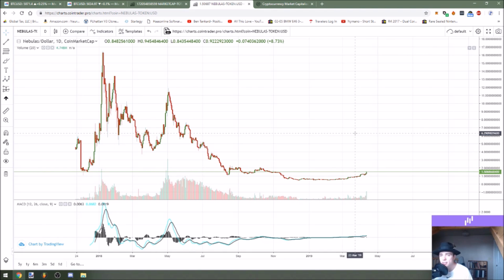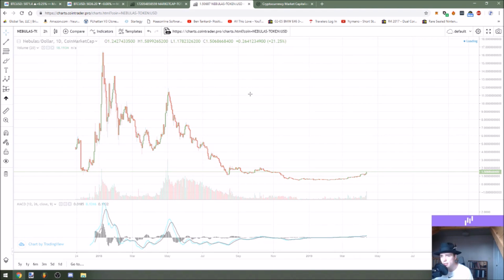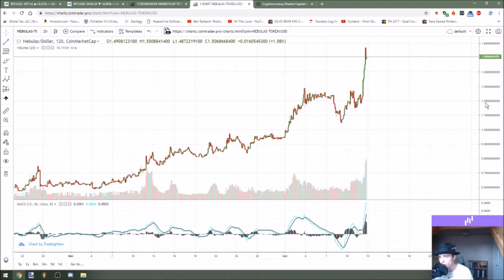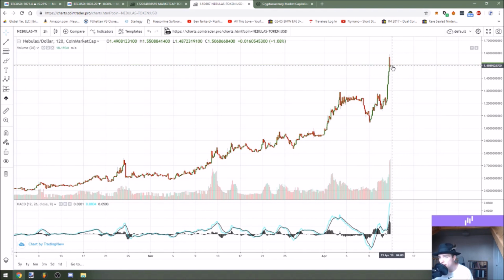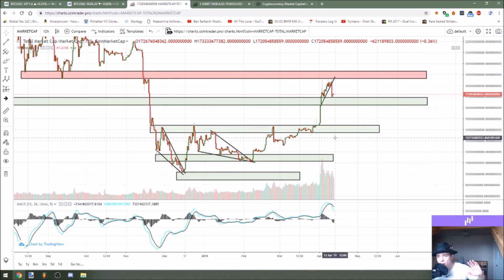So yeah, Nebulous is looking pretty big on the long term, and in the short term it is a little bit too risky for me to jump in on, but it wouldn't surprise me if it goes a little bit higher before that rejection. And one more thing with the total market cap here before we go,